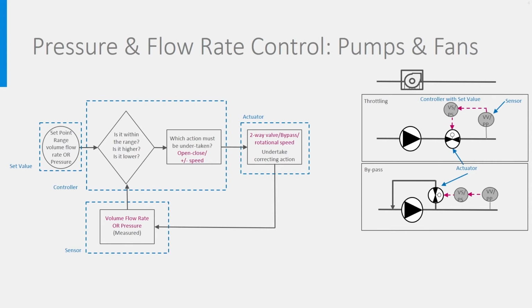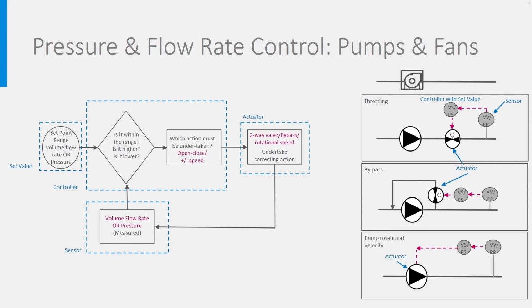Much better, and done in most modern pumps and valves, is to control the rotational speed of the pump. A pump or fan is a rotating thing compressing the fluid. If the speed of rotation increases, the pump makes more cycles and more fluid is compressed, leading to a higher volume flow rate, and conversely. This way, the power of the pump is continuously adapted to the needed flow and pressure. This can save up to 50% of the pump energy in comparison with the first two options.